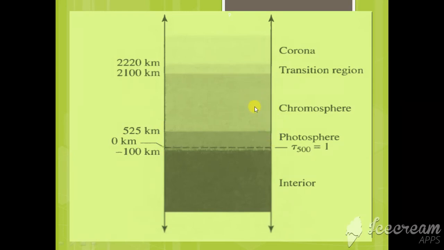After the photosphere, the outer layer is the chromosphere and the outermost layer is the corona. There is a very thin transition region between chromosphere and corona. This is known as the transition region. Around 100 kilometer width is the transition region. We can see the photosphere is the innermost part of the solar atmosphere and the corona is the outermost, and the chromosphere lies in between these two layers.